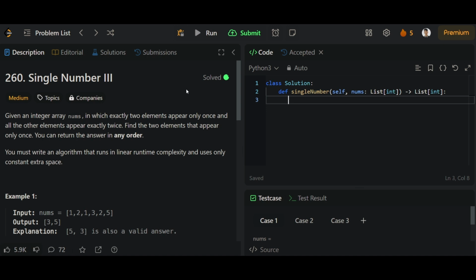Hello, today we will solve LeetCode problem 260. In this problem, we are given an integer array nums in which exactly two elements appear only once and all the other elements appear exactly twice. So we have to find the two elements that appear only once, and then we have to return the answer